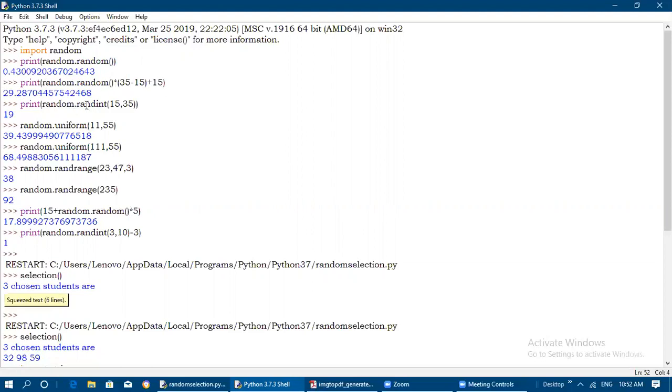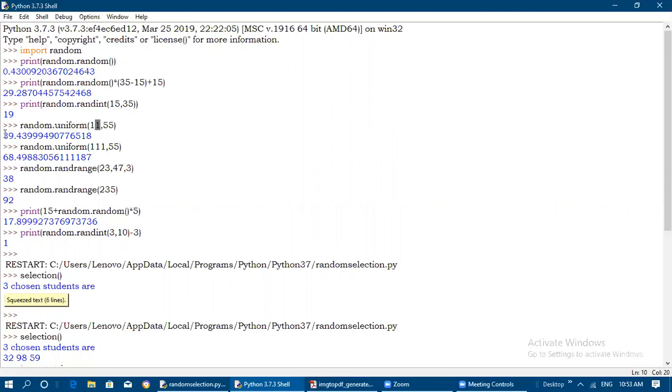Next is randint. So randint will take a and b values. Compulsorily we need to give a and b values. So lower limit and upper limit we have given. So it is generating the value in the form of an integer only, not in the form of floating point. So 19 is generated. Next, the random dot uniform function also we need to pass a comma b, that is lower limit comma upper limit value. So it is generating a floating point number. With the help of the random function also we can pass the lower limit and upper limit value, but in this format we need to do it. Okay, but in the uniform function, we can just pass the lower limit and upper limit alone inside the parenthesis.